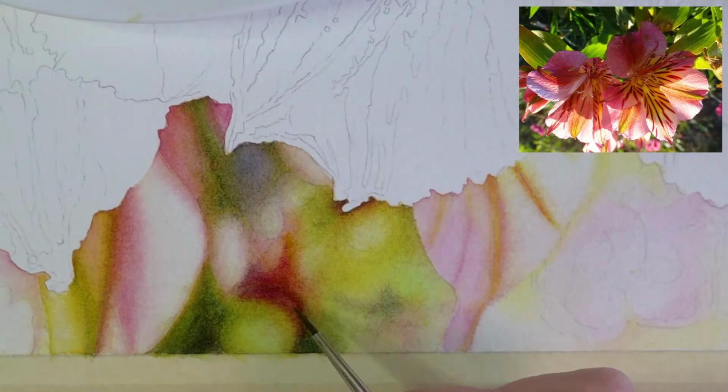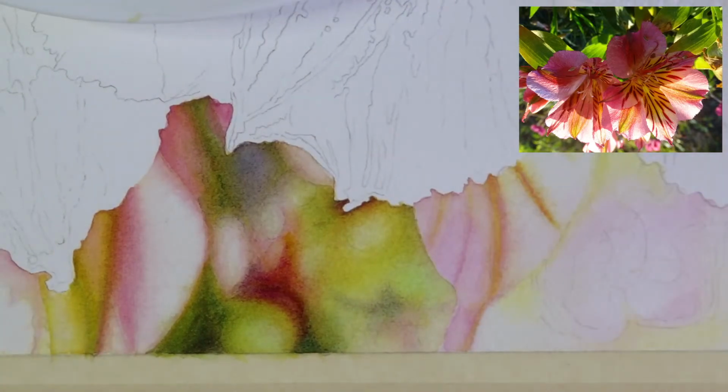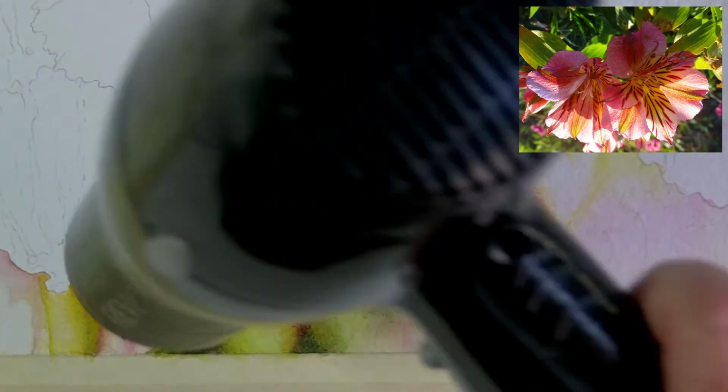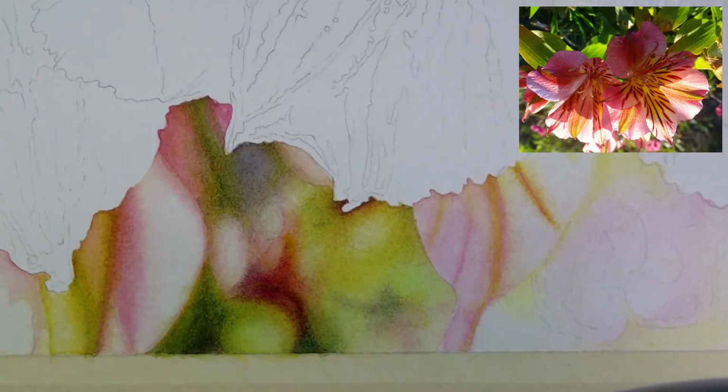I love it when things work out, and just look at that edge right there. That's really nice. So instead of finishing that, that's making me nervous right there. So I'm going to stop and I'm going to dry it. If you want to ask me some questions while it's drying,